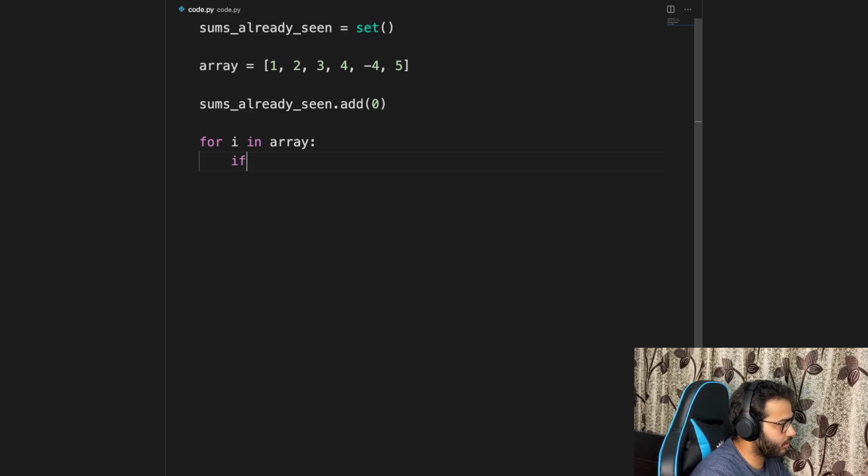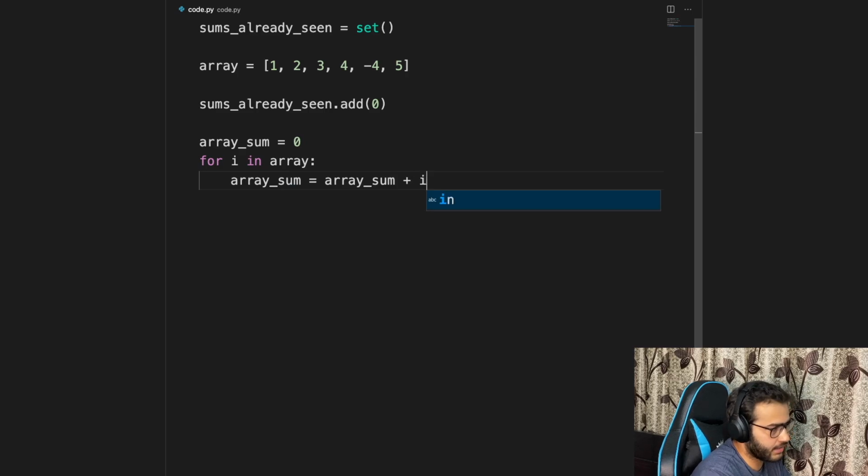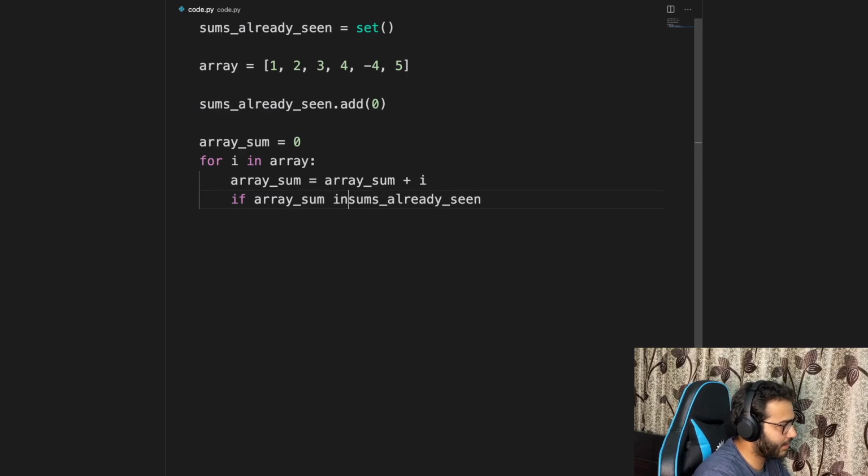So let's define a variable called array underscore sum, initially 0. For i in array, array underscore sum equal to array underscore sum plus the current number that we have, right? So if sums already seen dot contains array underscore sum, or no, this is the Java way, right? So I should rather say if array underscore sum in this set, then you just print